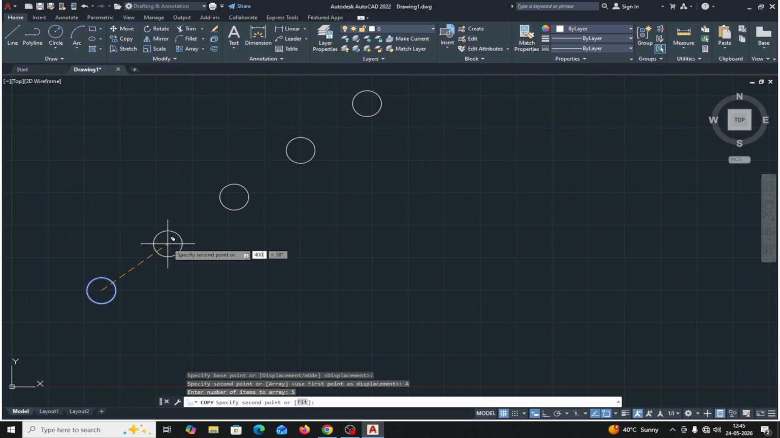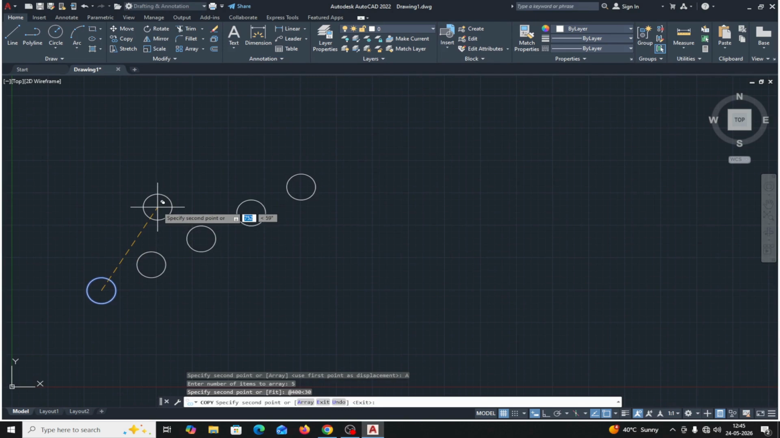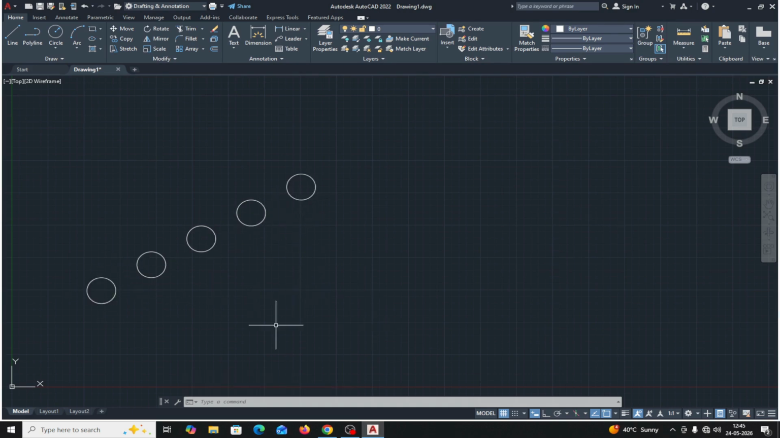This is the distance between the items. Okay, and angle. Suppose I take the angle as 30 degrees. Enter. In this way, and exit. In this way you can use the array command at an angle and distance. You can make the copy at